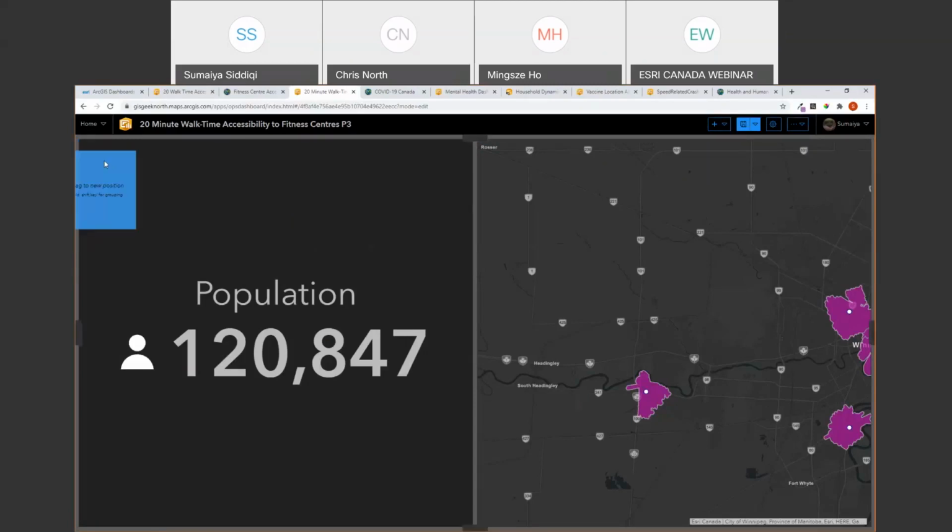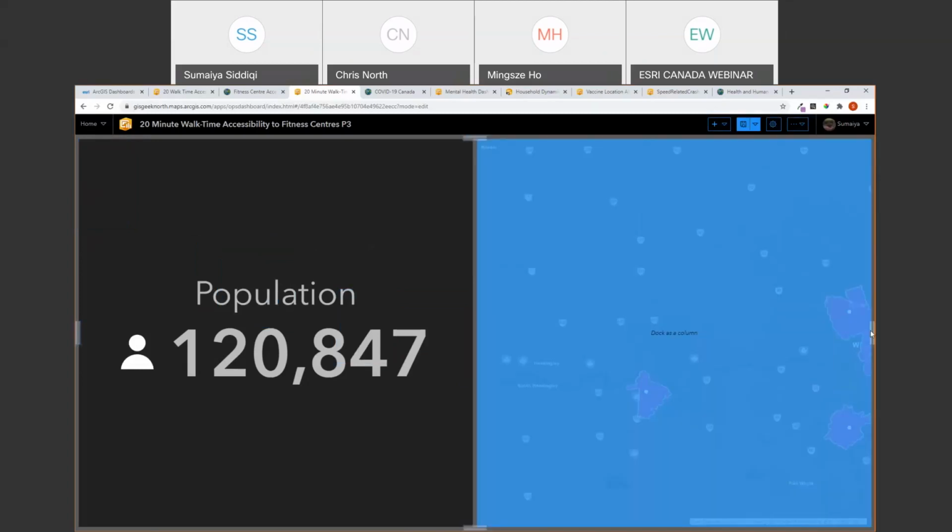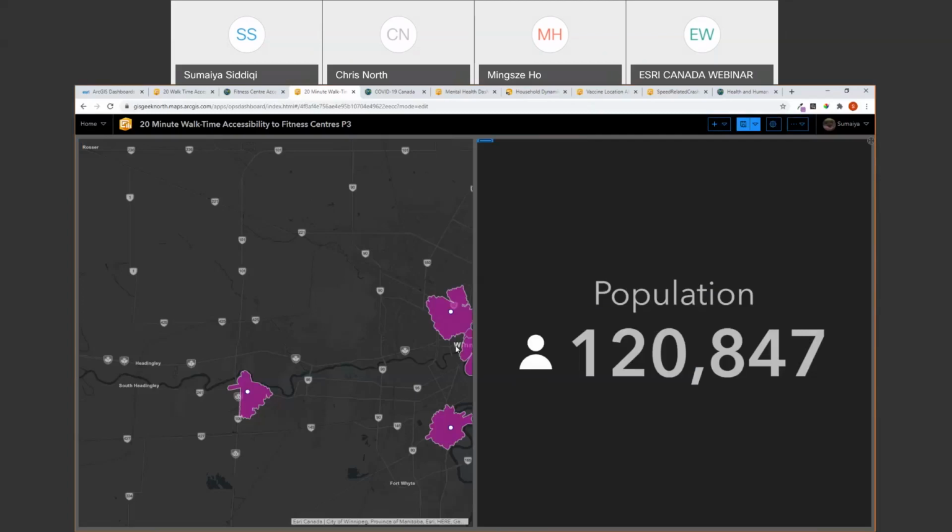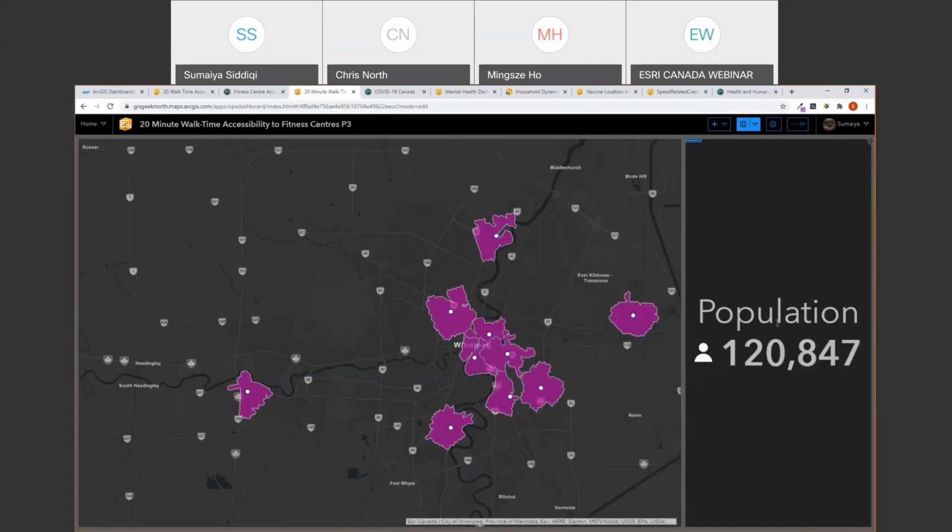So let's drag our population indicator, and you'll see that some options will appear. I can dock it as a row, or I can dock it as a column. So let's move it over onto this side, and then I can adjust the size. Okay, so that was pretty simple. Next, let's move on to our